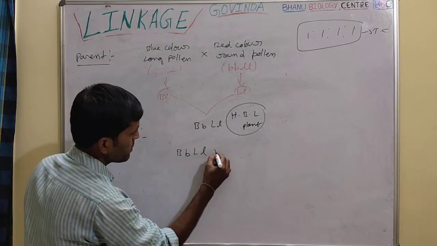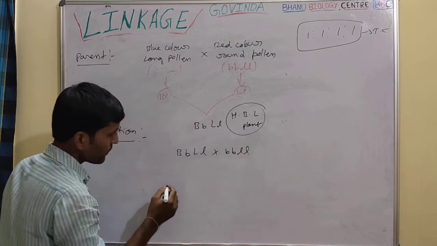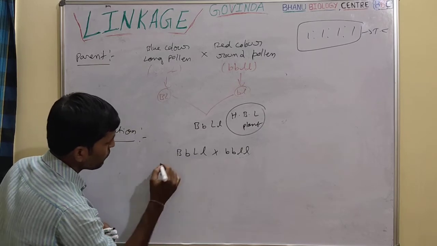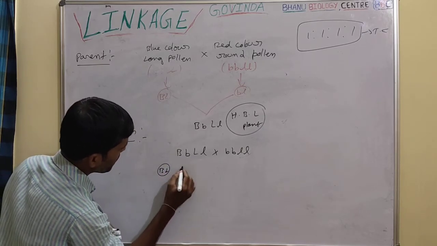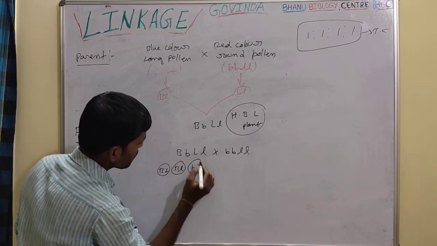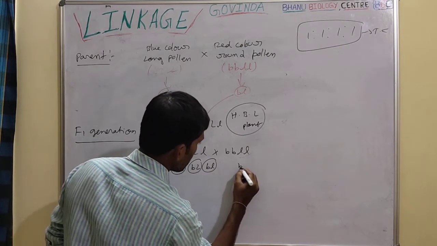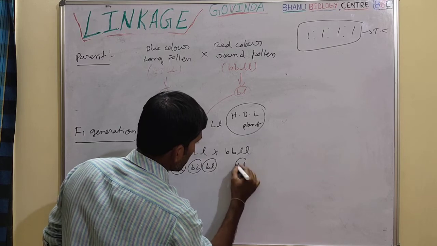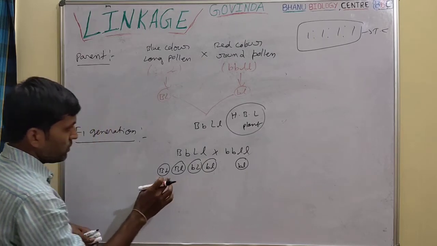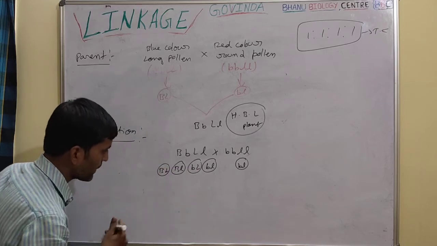Now we do the test cross between F1 hybrid and homozygous recessive parent. We know how to write the gametes. This parent produces 4 different types of gametes: capital B, capital L, one type of gamete; then capital B, small l, another type; then small b, capital L, a third type; then small b, small l, another type of gamete. But this plant produces all the gametes with the small b and small l allele. So when the cross is made between these gametes, the results are like this.